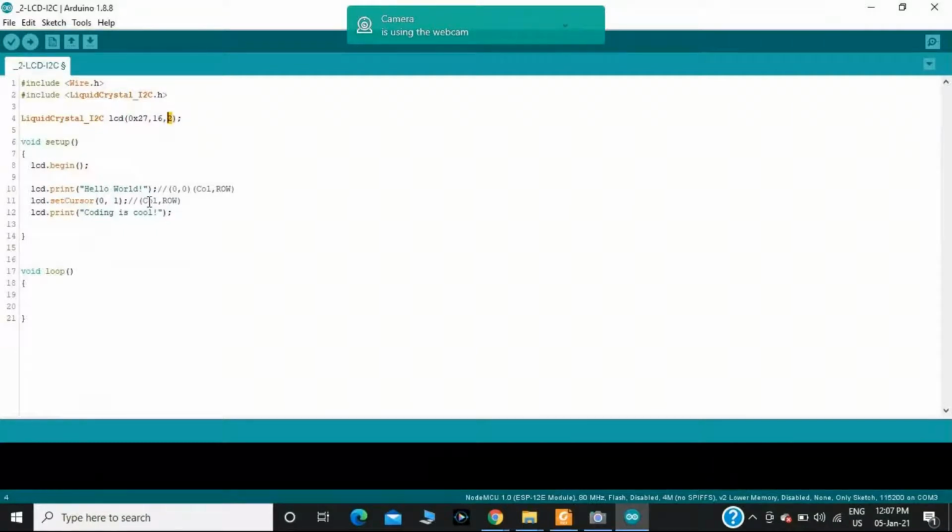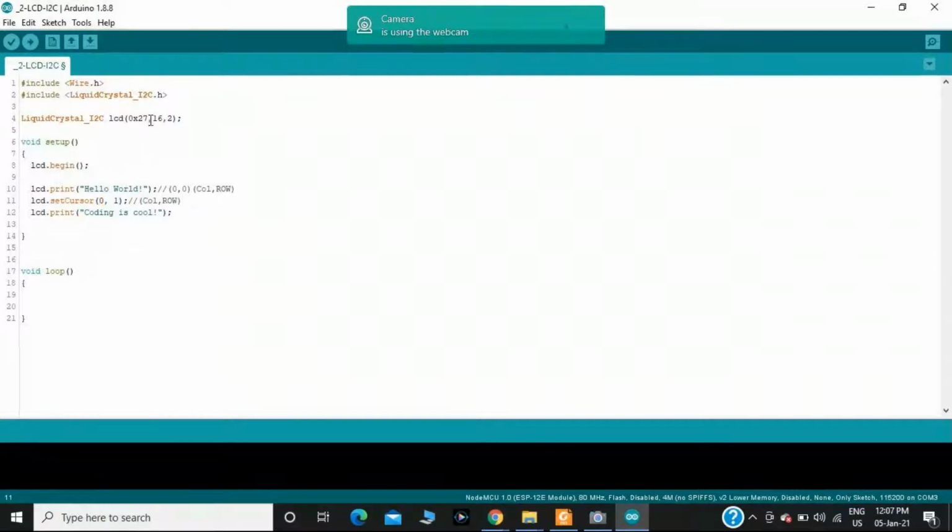Then I should print hello world, and in my case I have taken 0,1, which means first I should mention the cursor position, in which column and in which row I can print the hello world message. The first number represents the column, the second number represents the row.